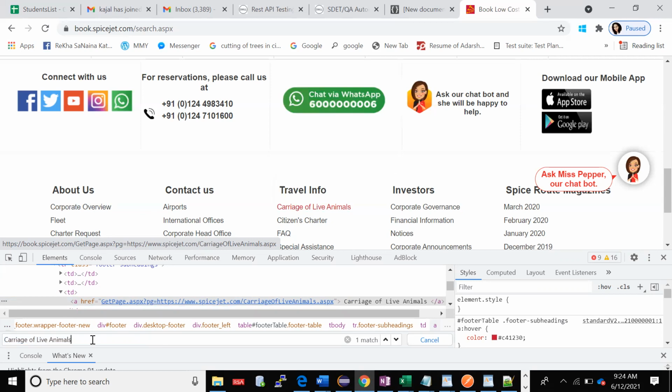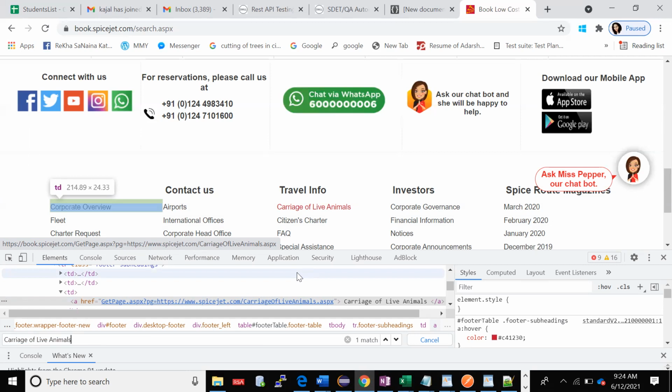Carriage of... //a. This whole line, right? //a, then square bracket, contains text.